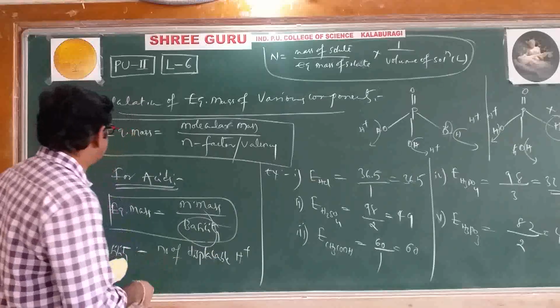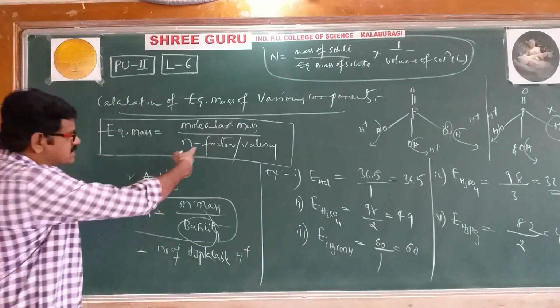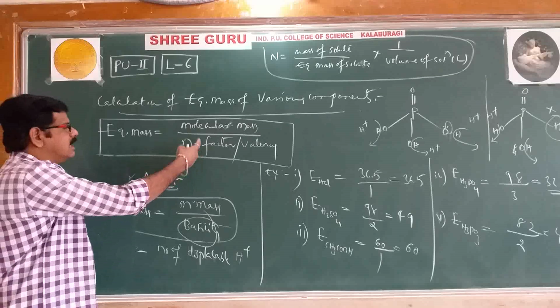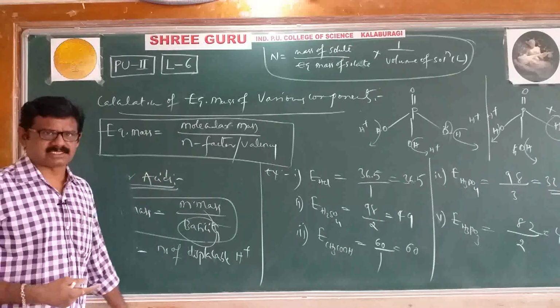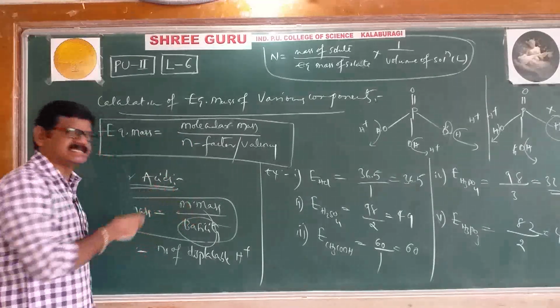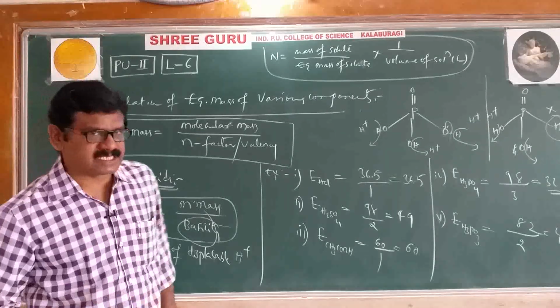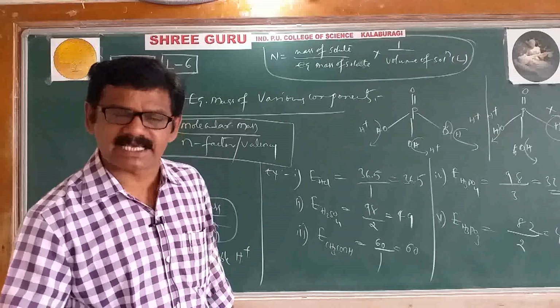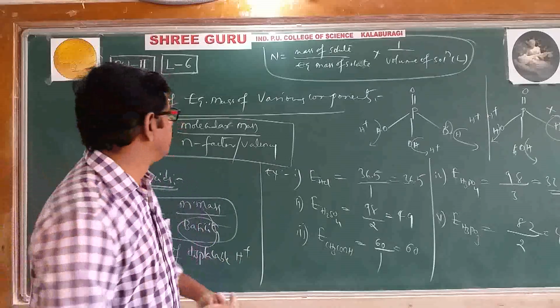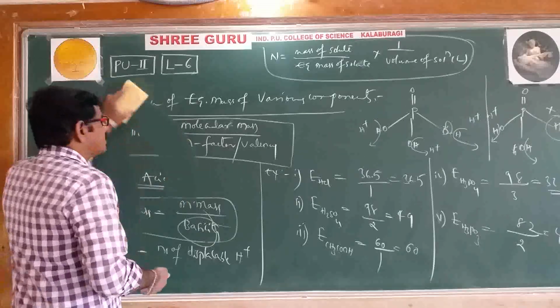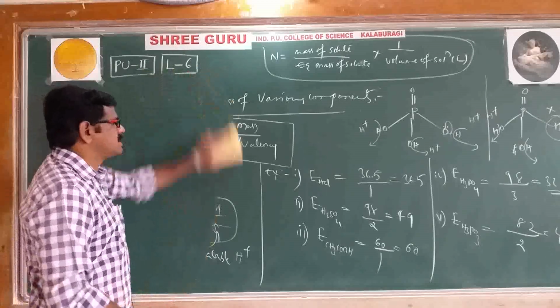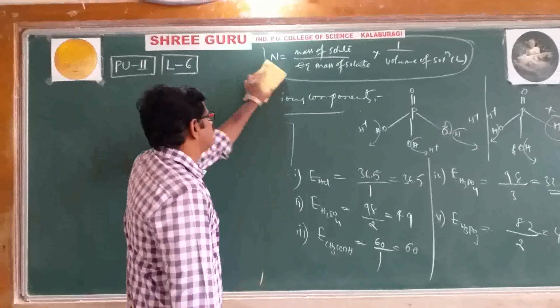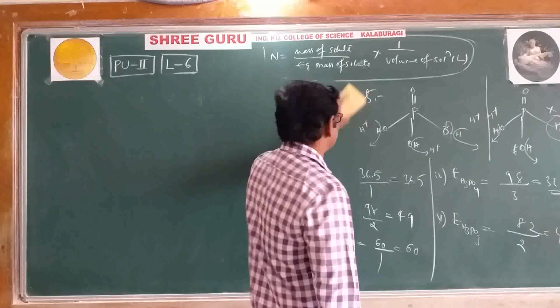Now we'll go to bases. Of course, it is a general common formula for equivalent mass, and here it is specifically for acids. Now specifically bases, salts, and oxidizing agents as well as reducing agents, we will discuss now. Next we will go to bases. Equivalent mass of bases we'll see now.